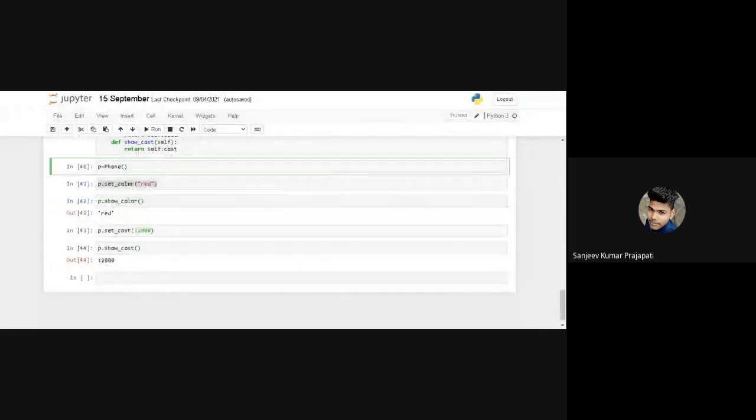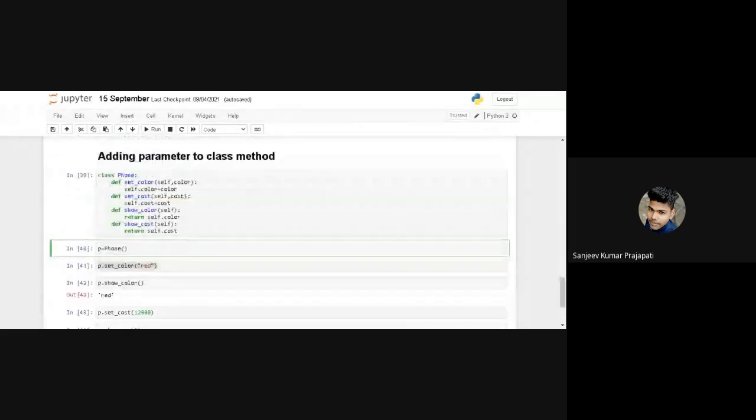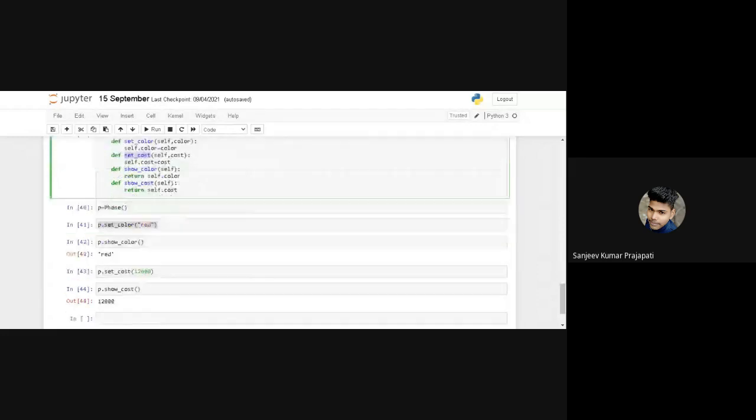Okay. So you want to fetch the data, the color and the cost. So firstly, we have to assign a color using the function set color. Then after that again we have to set the cost. Then after that we want to show my color and my cost.